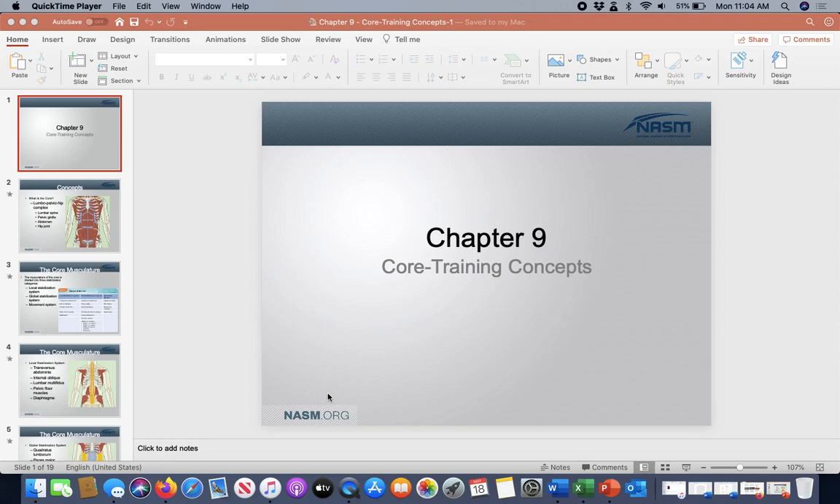Welcome to Chapter 9 for Core Training Concepts. This chapter is going to revolve around really expanding what the whole meaning of core is. Now, I understand that there's going to be the training components of everything here, but I think that just opening up your eyes to a little bit more about how the core really doesn't relate solely to the abs or the lower back. It's a conglomerate of many different areas,